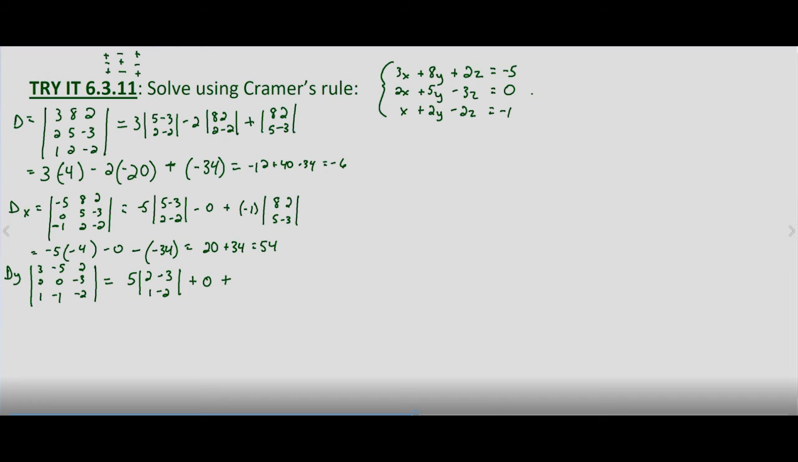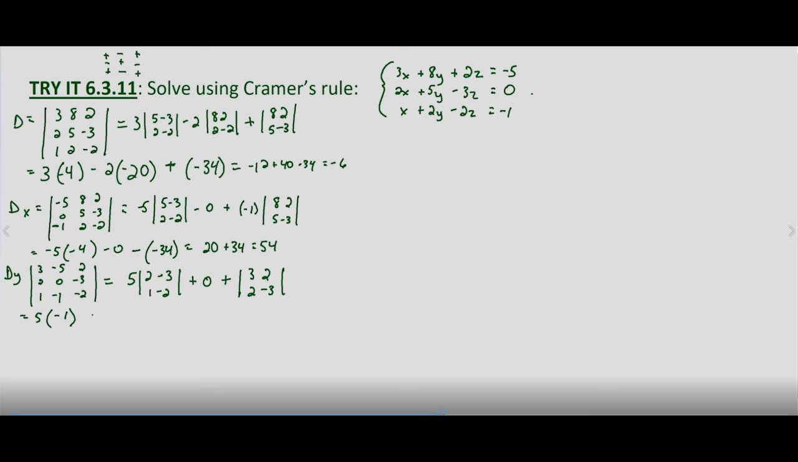And then 3, 2, 2, negative 3. And that is going to equal 5 times 2 times negative 2 is negative 4, minus 1 times negative 3 is negative 3. So negative 4 minus negative 3, that's negative 4 plus 3, which is negative 1, plus our